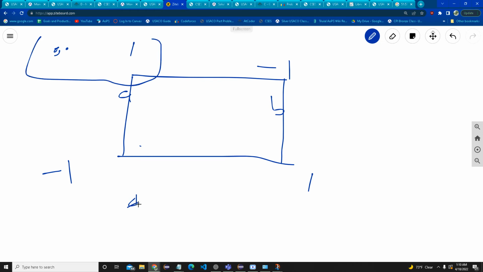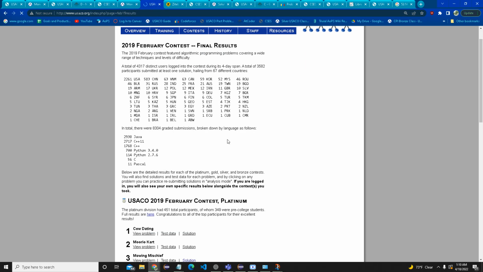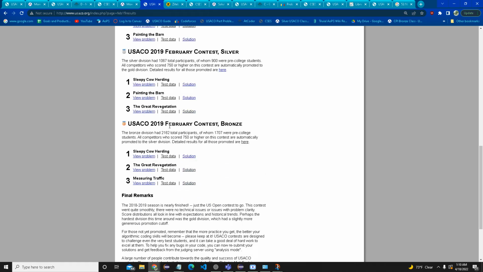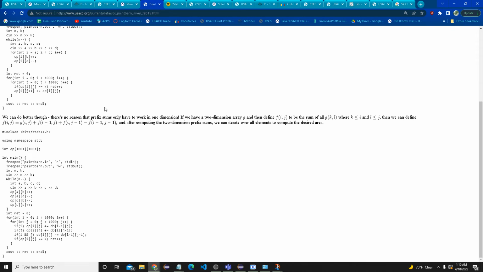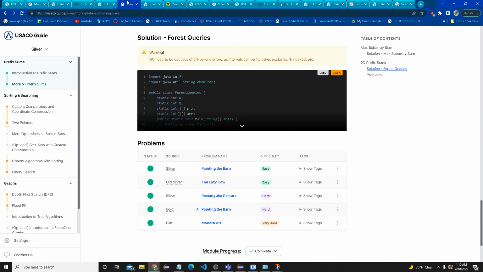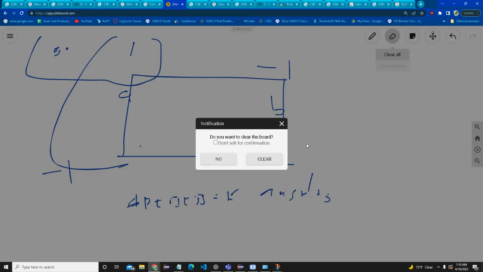And then if dp of i j is painted k times, right, this is part of the area that's painted k times, then answer plus plus, because that's just how you count. You can check it. Well, I don't know why Haybale Stacking is considered. Oh yeah, you can also do 1D prefix sums. See the corners. Okay, let's do